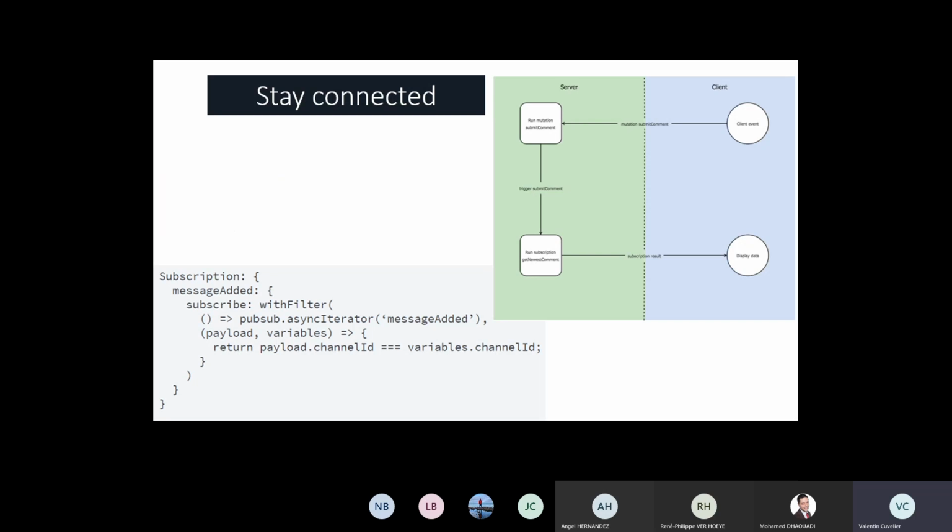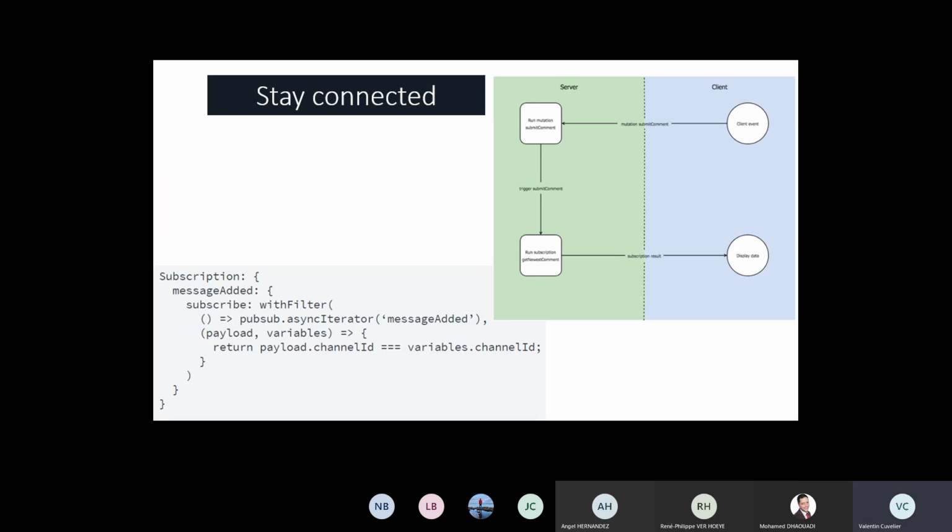The subscription is generally implemented with WebSocket. And in this configuration, the server maintains a stable connection with this client.